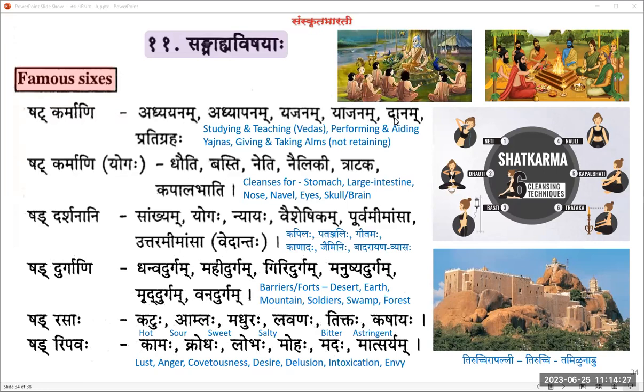So it's interesting. Danam is giving alms and aid to the needy. And pratigraha, this is very important, not very easy. When a true Brahmin, in reference to these duties, lives by pratigraha and not by other methods of earning, that is, he is a true Brahmin. That means he lives by the grace of others providing for him.